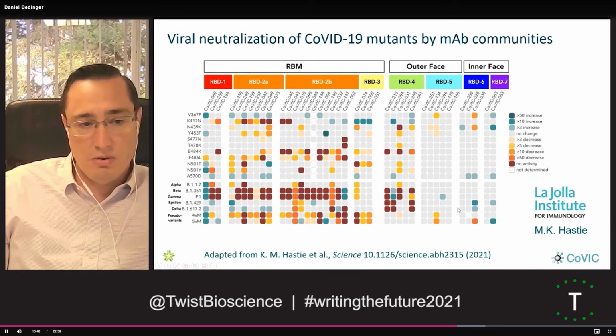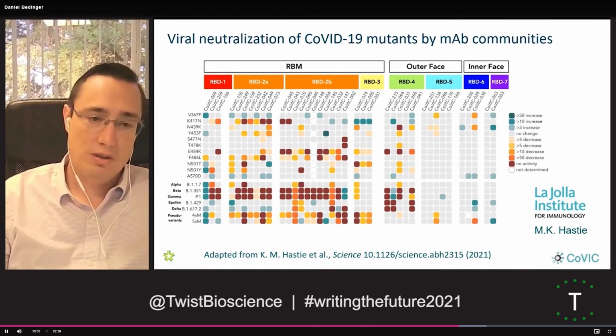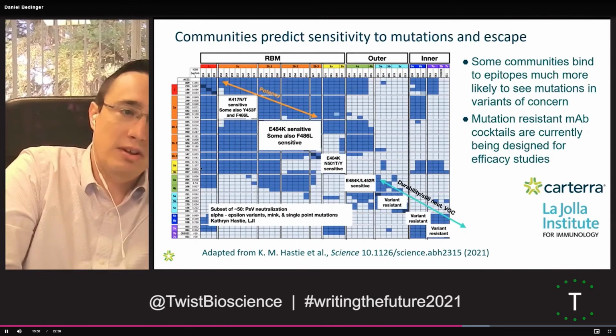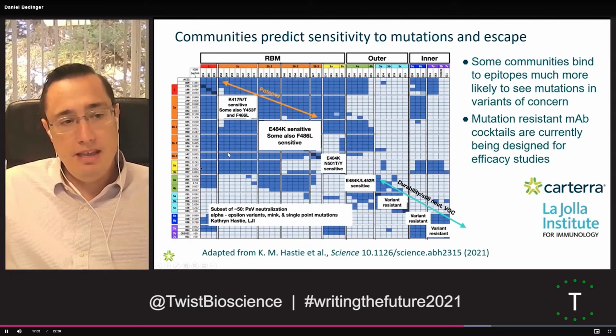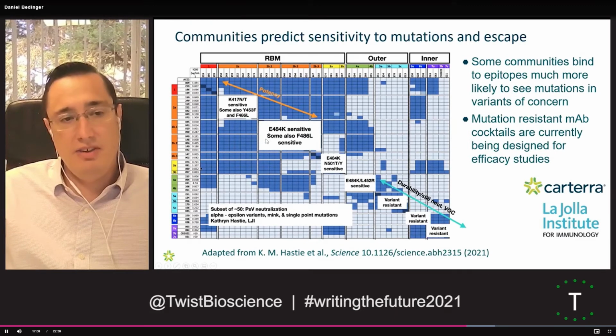But there are also other bins that appear to not be sensitive at all to these mutations and would be broadly neutralizing against known variants and mutants. Another view of this heat map here is showing the communities overlaid, but also labeling in the sensitivity to mutations